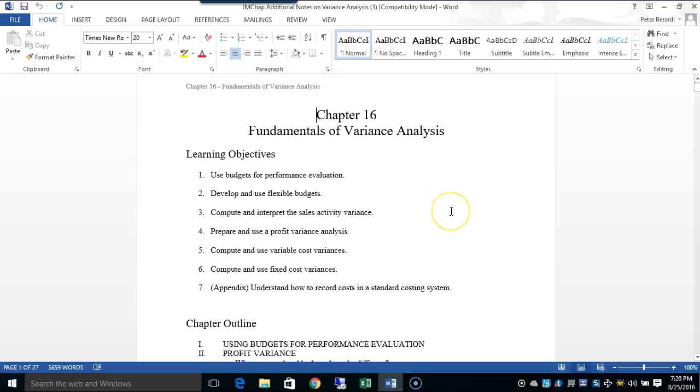So why are we doing variance analysis? Particularly in manufacturing, but it can be done in service companies as well, because after all, like I said when we started the class, every product and every service has a cost. Companies basically need cost accounting regardless, and therefore behind those costs are the basic